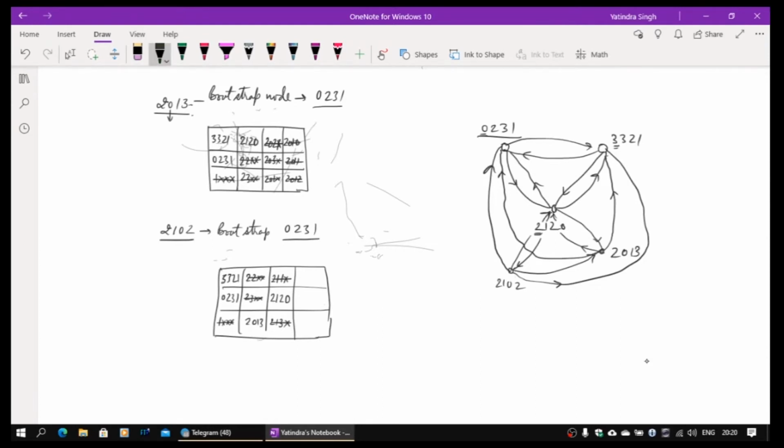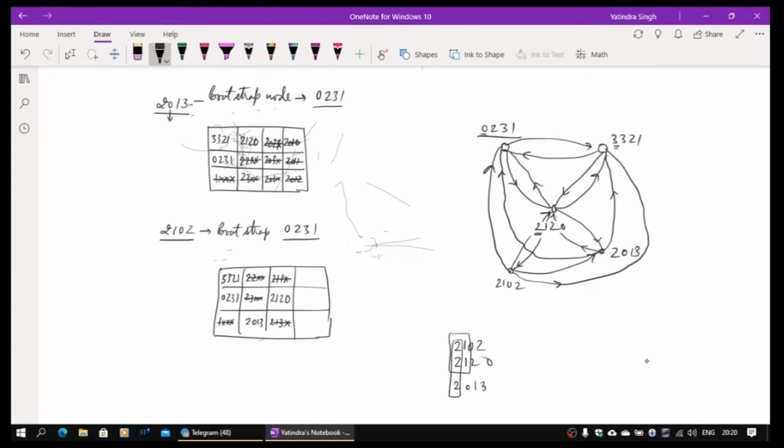So remember now, 2102 and 2120, they are in a smaller partition. Okay. Now this whole thing is in another partition, which is 2013. Okay. So these are actually smaller partitions.